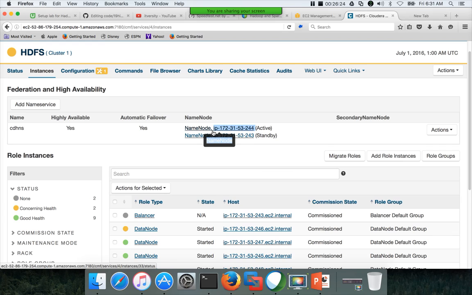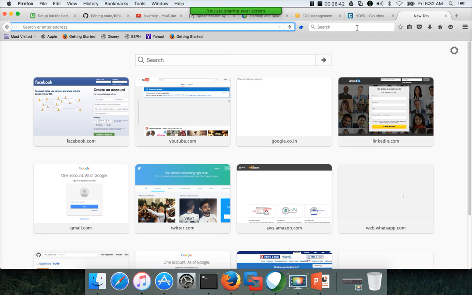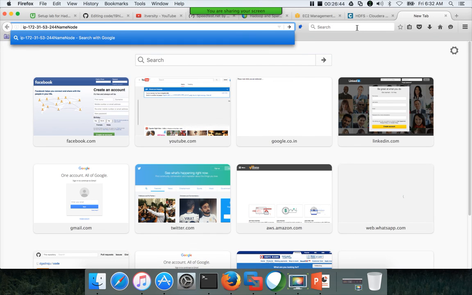If it is an active passive configuration, then you have to use the IP address of the active name node. You will understand what an active passive configuration is later. Earlier I showed you how to create a typical HDFS which will have a name node and secondary name node. So pick the IP address of the name node.